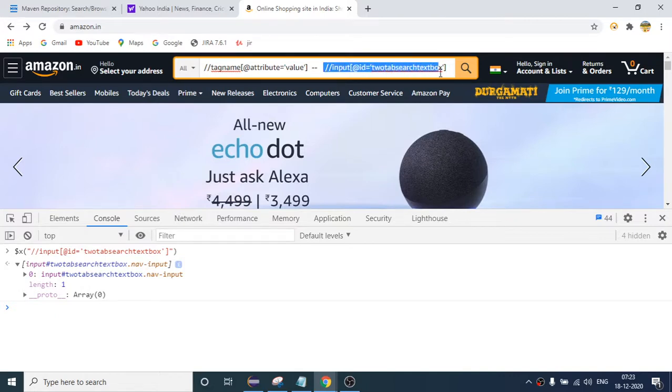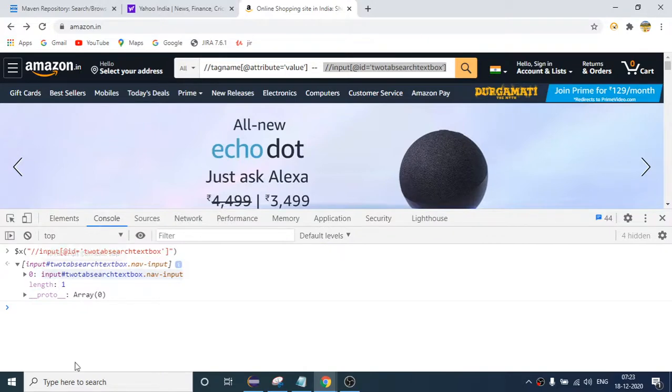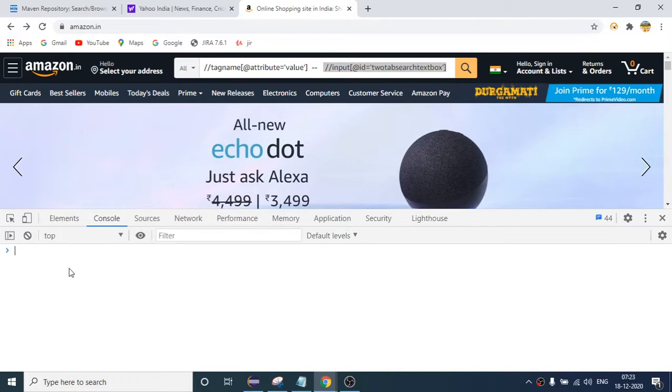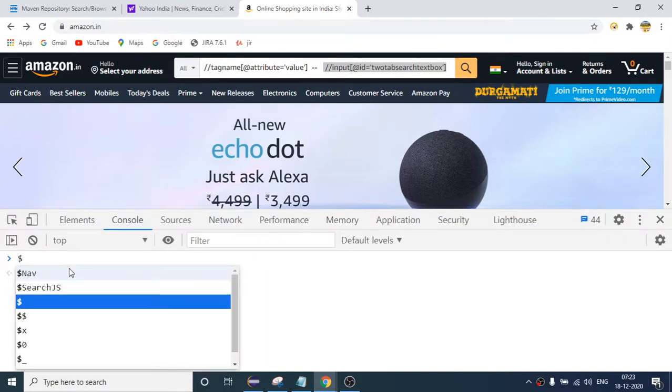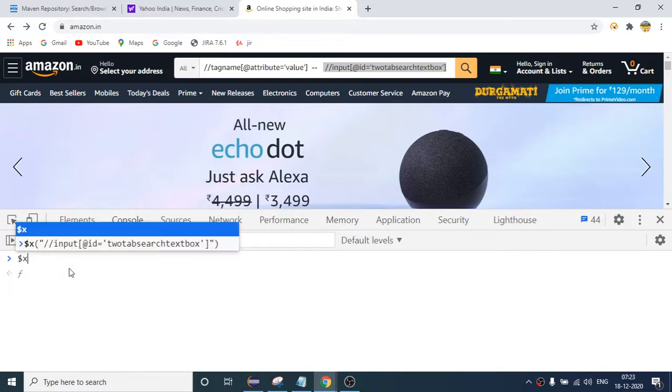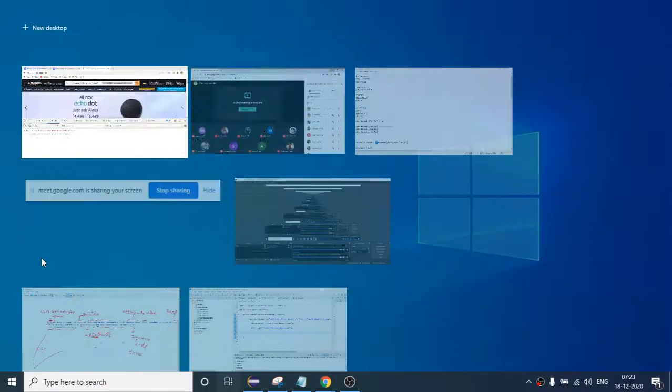So this XPath, I want to check whether it is correct or not. I will copy this and come to the console tab. Here by default we are here. If you have some data here, Control L will clear all the data. Now I have pressed Control L, and if you want to check your XPath, you have to write the dollar symbol, and after that X, and provide the brackets like that, and in the double quotes write your XPath. This is the XPath I have created, and remove the space, as space is not required.